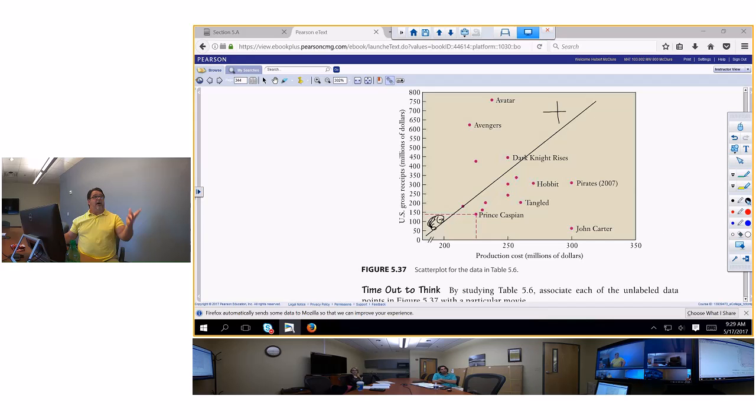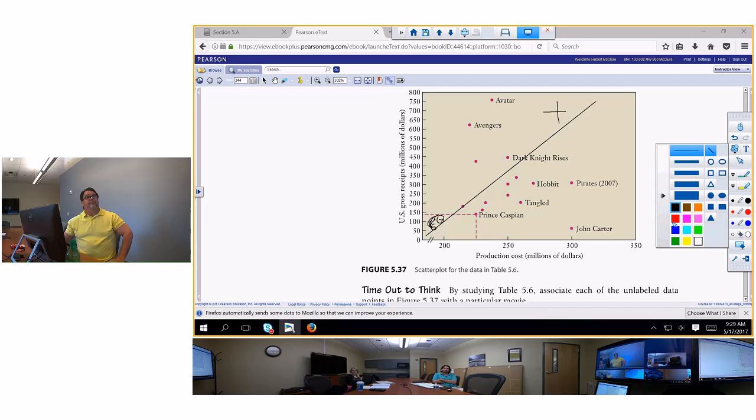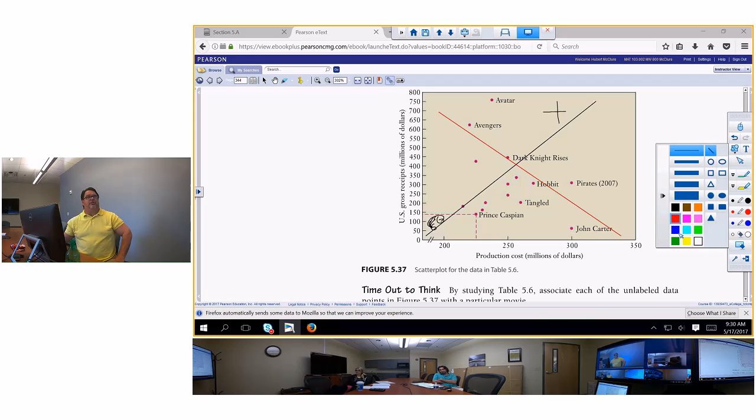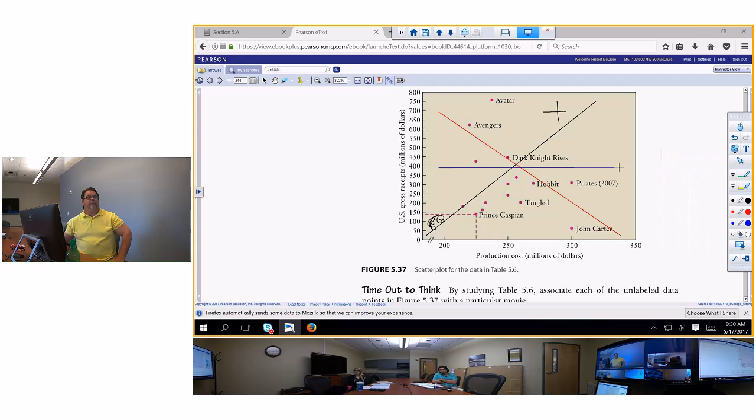But anyway, positive correlation. What would be a negative correlation? The opposite? Well, left to right, what? Down. That would be a negative correlation. A constant correlation, what would that be like? Think of a road. That's constant, meaning that you don't go up or down. So there's your three correlations.